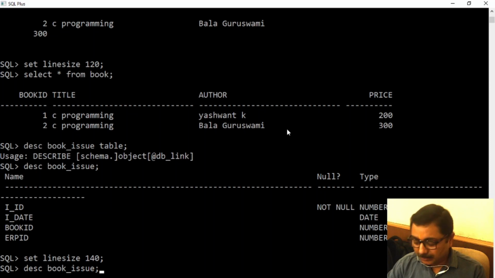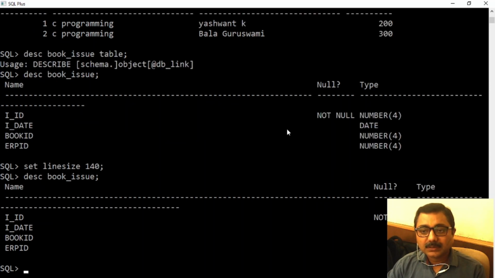Then rerun. Okay, so it has IID means issue ID, issue date.